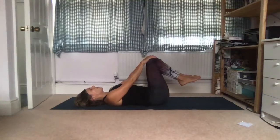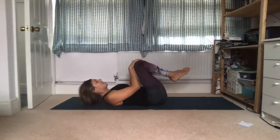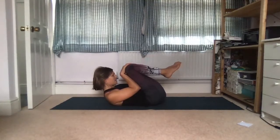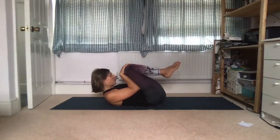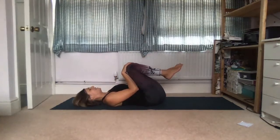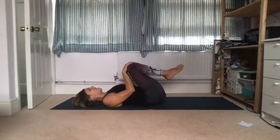Again, you can practice with your eyes closed here. I don't know if you were here last session, but I was talking quite a bit about tuning into your practice, not what it looks like, but what it feels like, and having your eyes closed is a really good way to do that. Final exhalation, press the breath out of the ribs, out of the lungs, draw the forehead up, and then inhale, release, just release the head down onto the ground, wriggle your shoulders, relax your shoulder girdle down,